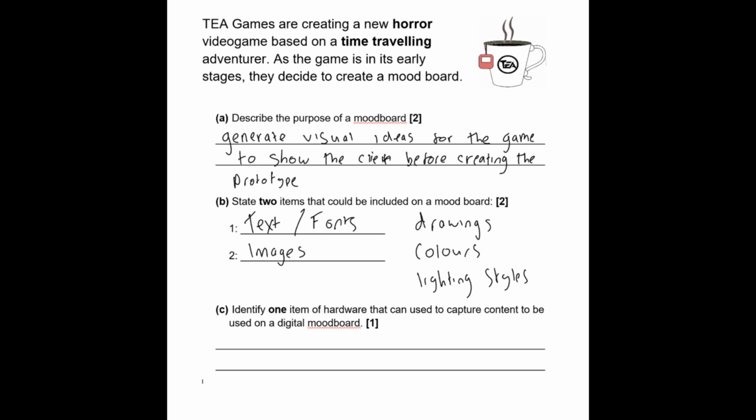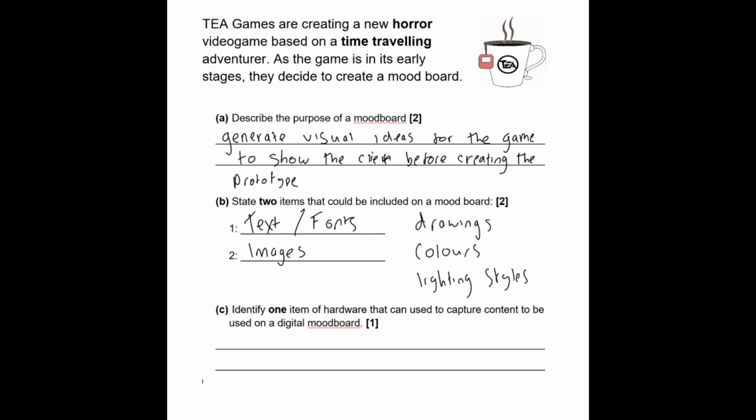Now, next question is one from a past paper, or similar to a past paper. I think it was 6 years ago. So identify 1 item of hardware that can be used to capture content to be used on a digital mood board. Now, this question is really easy. What threw people off is they're thinking, what do you mean capture content for a digital mood board? Well, if you were creating a physical mood board, if you wanted a picture of something, you'd just cut it out of a magazine, or you'd just print something off to cut out and stick in. What we're talking about here is something physical